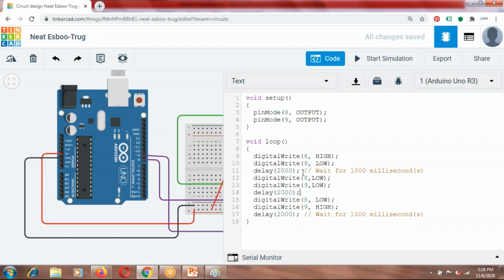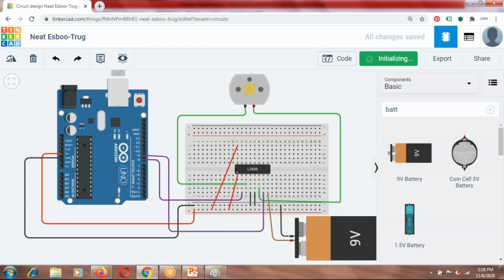We are moving the motor in one direction, giving a delay of 2 seconds, stopping it for 2 seconds, and then again starting to move it in the other direction. You can see now the shaft stopping and then moving in the other direction.